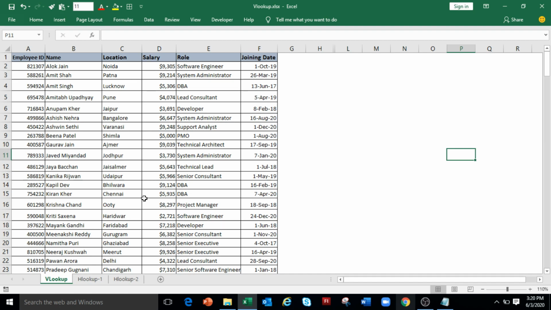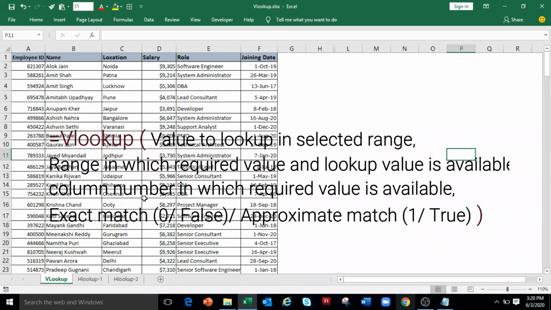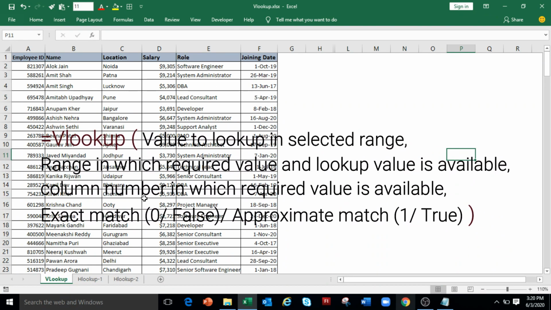VLOOKUP function takes 4 parameters where first 3 parameters are mandatory and last parameter is optional. First parameter is the value to look up in the first column of selected table or range. Second parameter is the table or range where lookup and corresponding required data is available.